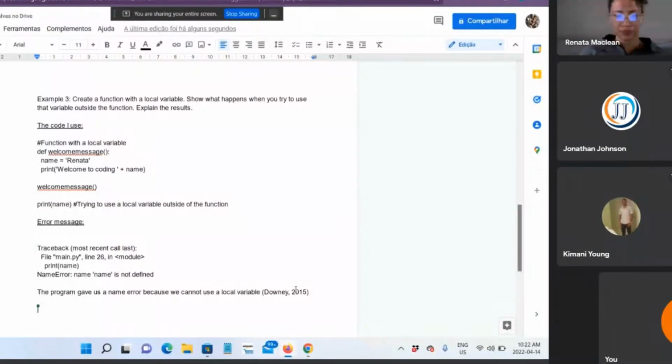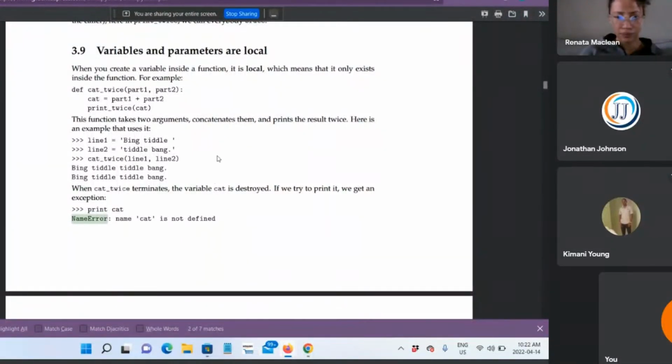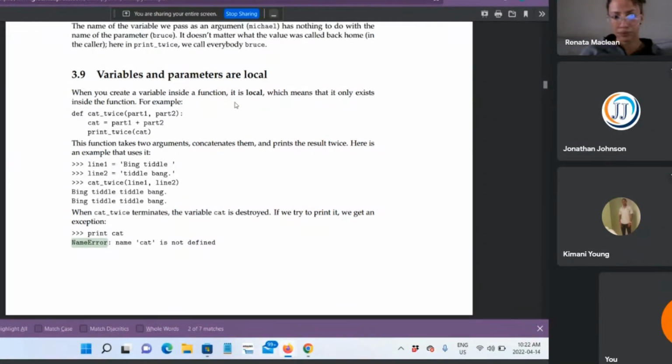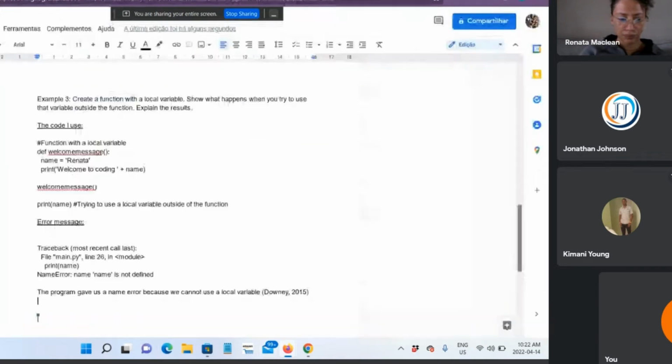Yeah, paraphrasing, we can use that. If it's a direct quote, then we'd put quotations around, okay? So let me give an example of a direct quote. Let's go to the book. It's fine for you to use a direct quote as long as you put the quotation mark, so you don't always have to paraphrase. So you can copy that top part there that says when you create a variable inside a function, copy that. Yeah, perfect. Copy that part, and paste it